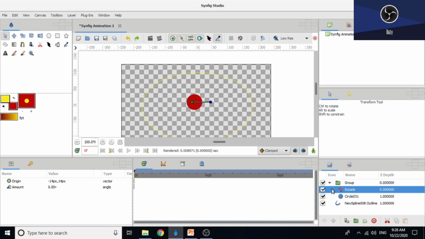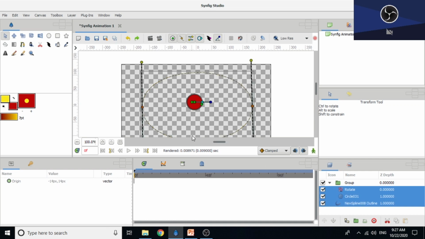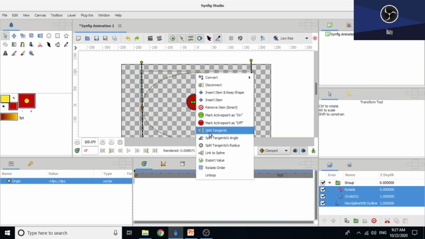For that, just click on the rotate layer, press the Shift key, or you can press the Control key also, otherwise click on the circle layer, then click on the new Spline layer. Now press the Control key and select all the ducks, except the Spline's, and then right click on the border of the Beeline and select the Link to Spline option.